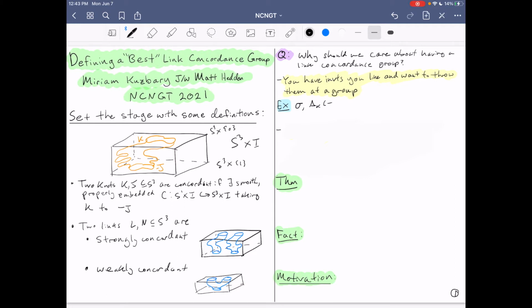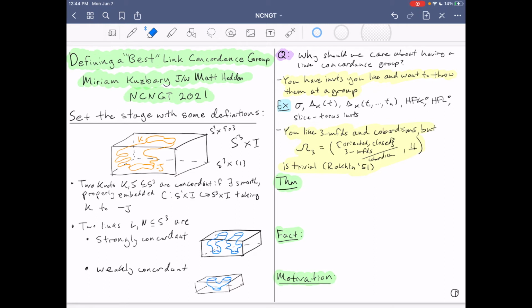Remember, for a link, there are a couple of flavors of Alexander polynomial: you have the single variable one, the multivariable one, and a couple of different ideas there, and then again, Floer homology that categorifies those things. And maybe I'll shout out all the great work that's been done on link invariants and Floer homology. There are whole families of these slice-torus invariants for links that are really great. So maybe you like invariants and you want to throw them at a group,